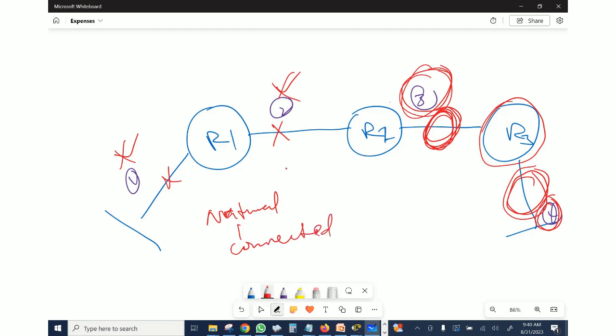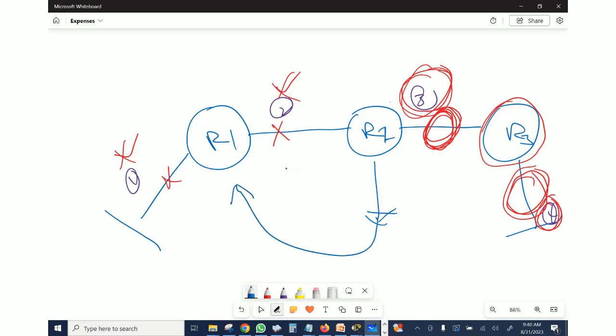So now, for it to know about other networks somewhere, the neighbor router needs to tell its neighbor about other networks that it knows about. This is what I mean by that. Router 2, for instance, needs to tell R1 about R3. Needs to tell R1 about network 3 and also tell R1 about network 4.